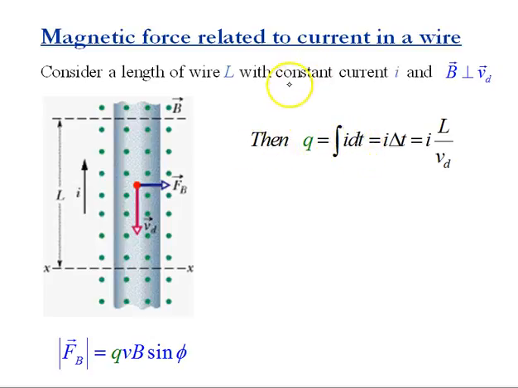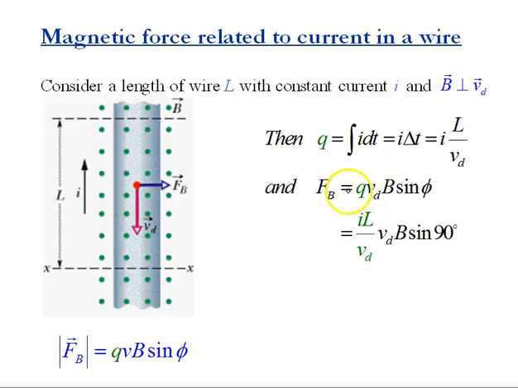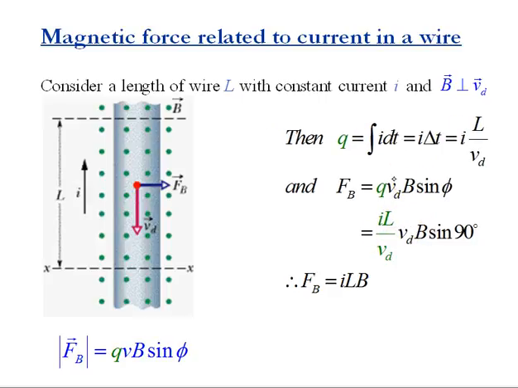If our I is constant, we have a constant current, then we can pull I out of the integral and we just get I times our net change in time. The amount of time it takes for the current to travel will be L divided by the drift speed. So we can then take our formula, Q v drift speed B sine phi, and substitute in for our Q, I L over v_d, and the drift speed cancels, and we end up with a magnetic force of I L B,